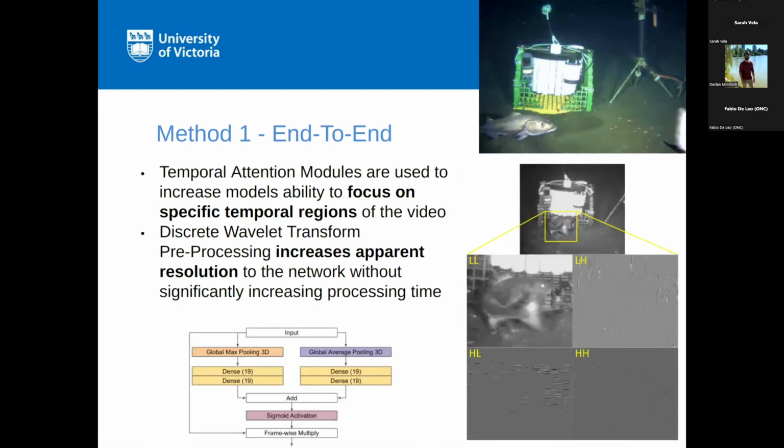And then the next other key contribution that this paper had towards event detection was, on the right here, we can see a decomposition of a frame into 4 input channels using a discrete wavelet transform. We actually used the Legall 5/3 transform, which is commonly used for the newer JPEG 2000 standard. And the nice thing about this is convolutional neural networks